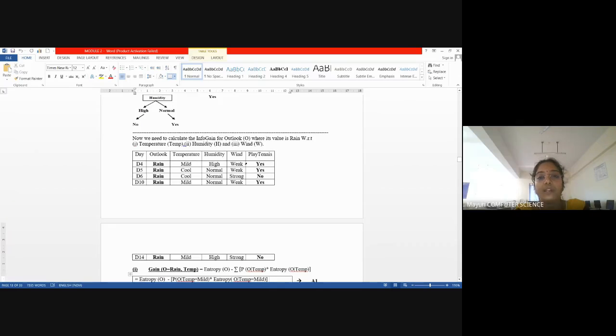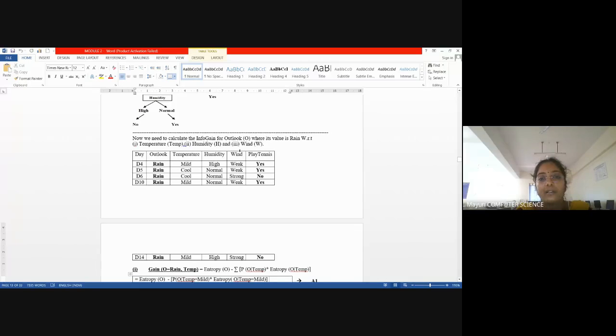So coming to the wind, as we have done with Sunny, you need not do it like that, because if you look at the table and you're clear with the concept, there is no need to practically write formulas. When you are growing the tree, for the first part of finding the root node, you do the calculations. Later on, the data set size will be smaller. If you look at the data set, you can tell which attribute has values that are fully classified.